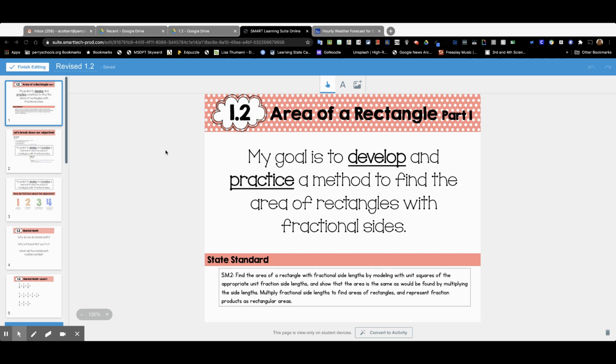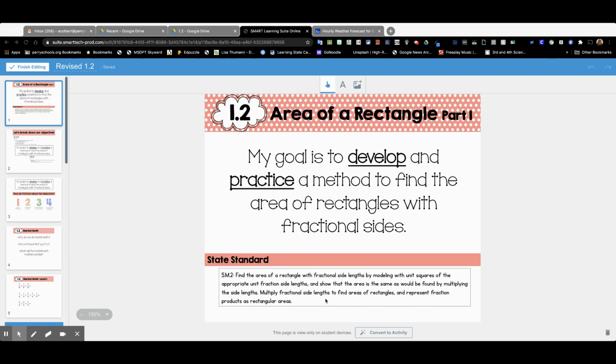All right, so we are ready for lesson 1.2. This is area of a rectangle, part 1. You can see here on the first slide, it says, my goal is to develop and practice a method to find the area of rectangles with fractional sides. This connects to our state standard